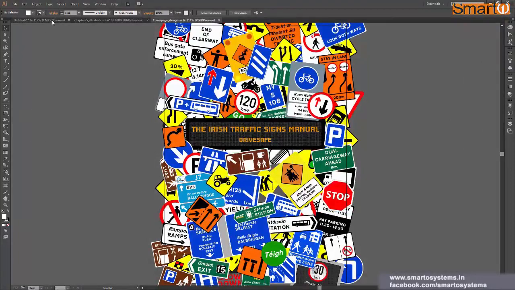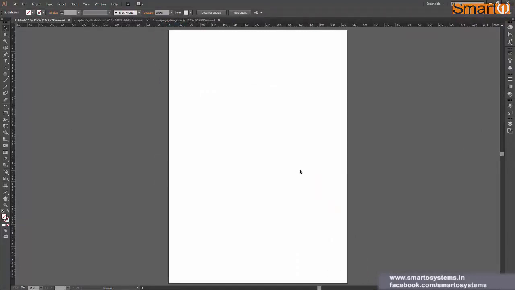Okay, so to bring up the Layers panel, we can either press F7 on our keyboard, or click on this icon just above the Artboard icon. You can click on this to bring up the Layers panel, or press F7.